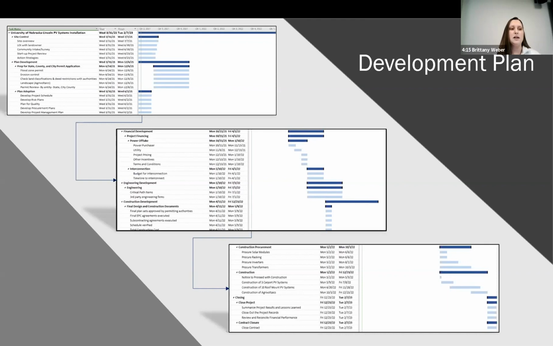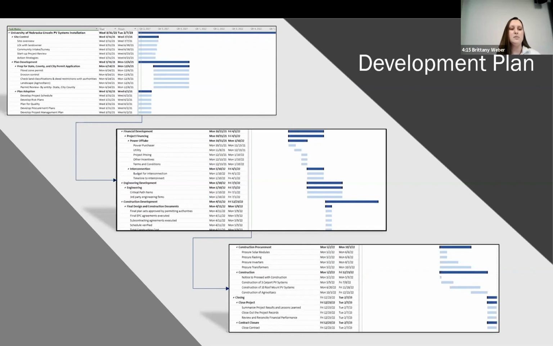We took into consideration the soil analysis and visual inspections that would need to be completed for the agrivoltaics. Based on the town's handbook, the plan development can take anywhere between 15 to 18 months. But with UNL being a huge impact in the community and already progressing towards sustainability goals, we believe this process can be expedited. Construction for the roof and ground mount systems will take place between April to December, so that